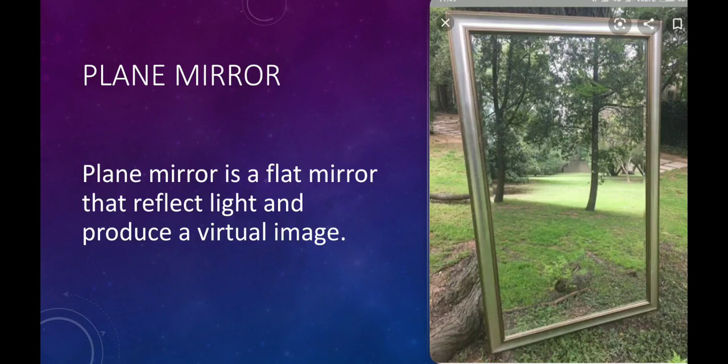So virtual image. What is virtual image? So let us understand first what is image, then we'll go to virtual image. So image is defined as the collection of focus point of light rays coming from an object. That is, when light falls on mirror, all the reflected light rays meet at a point and that point we call as an image. So what is virtual image? Actually, in the virtual image, the light rays appear to be originating from a point but do not actually meet. So therefore we call it as virtual, and this image we cannot catch on a screen.